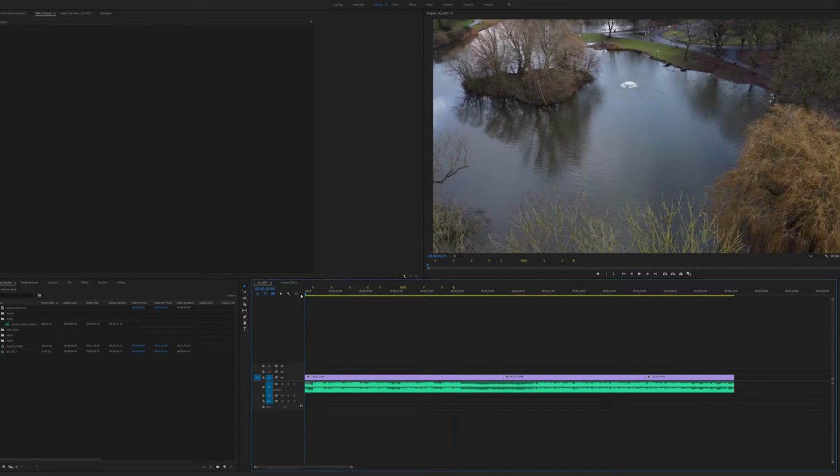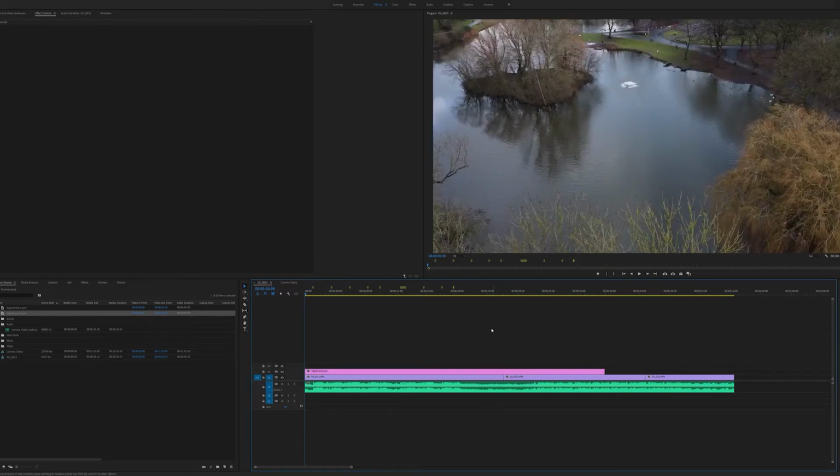So we've got everything we need to do done. What we need to do now is come down to our project bin, go to the new item and then adjustment layer. We're going to leave the settings exactly the same, click OK, and then we're going to grab our adjustment layer and drag it onto the timeline above the video and the audio. Drag it out so it just goes past the markers, and that's just to give us a bit of space so that we know what we're working with.